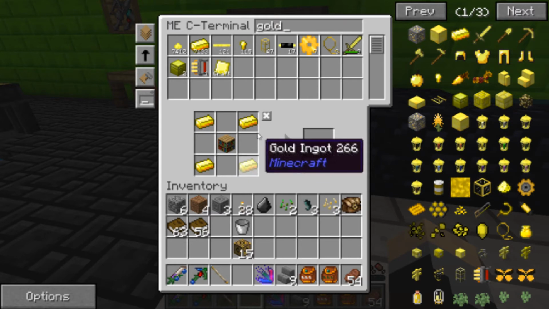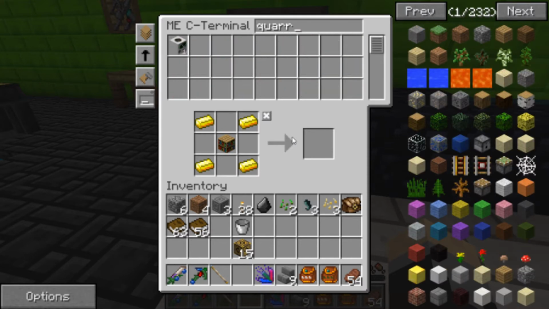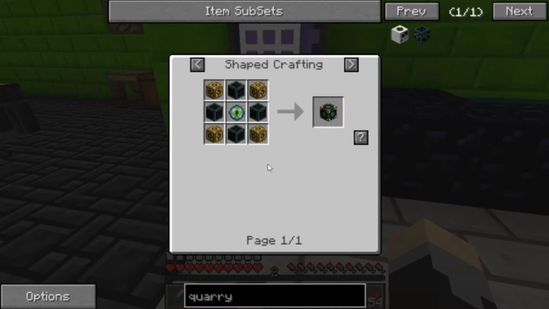So depending on what kind of book you use determines how much magical wood you get from it. That makes sense as well. Alright, so let's go ahead and do the quarry, bring this up. We need to make these,